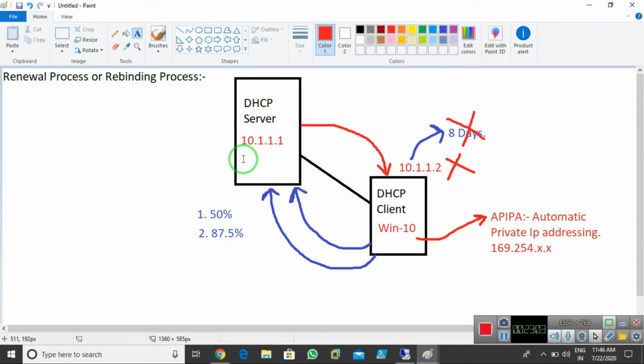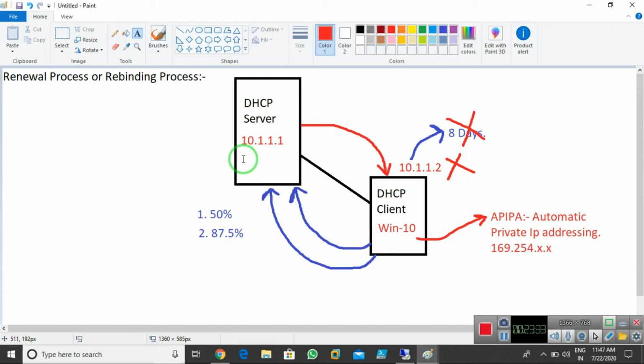It's important. It's mandatory. If my DHCP server is not authorized with AD, it is not able to provide the IP address to the domain network. Authorization means I need to integrate my DHCP server with AD, like how my DNS integrates with AD, which is known as dynamic updates. Same in the DHCP server as well.